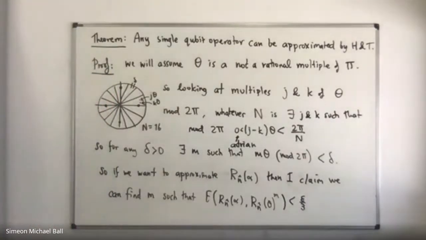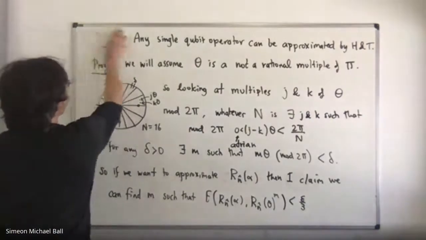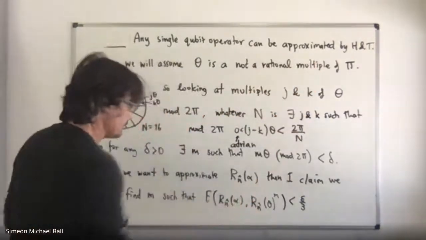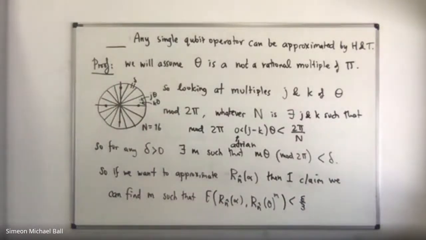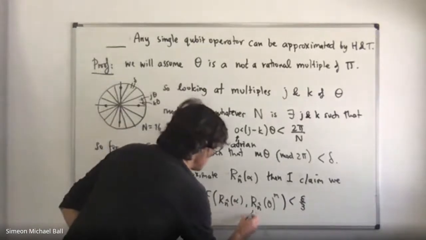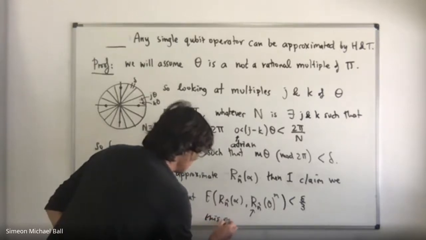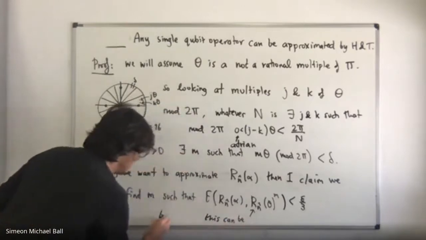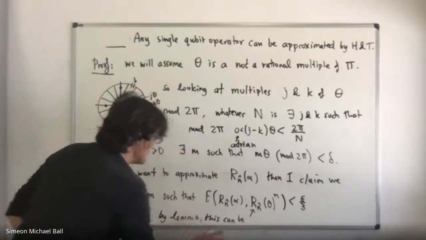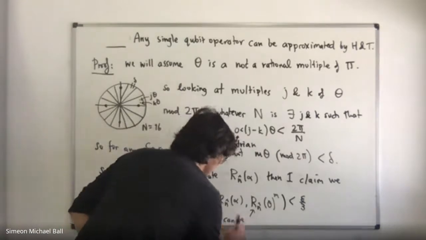Right. So let me try and see if I can finish this proof. We're not that far away. So we're trying to approximate everything with h and t. That we recognize. Now this we already saw, this can be approximated by h and t, right? So we saw that. So this can be, by the lemma, this is in fact